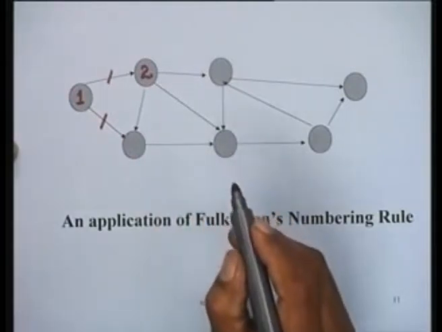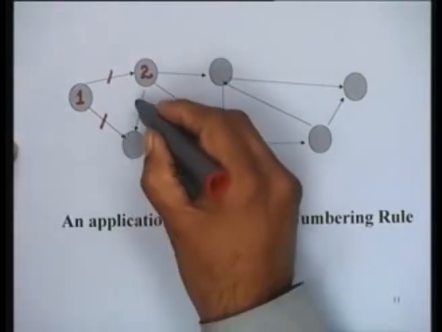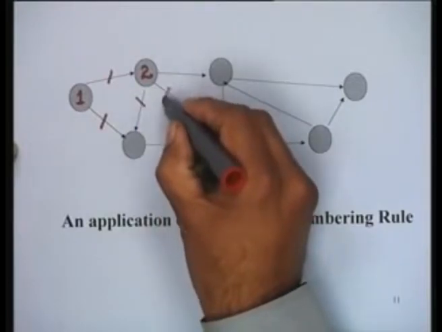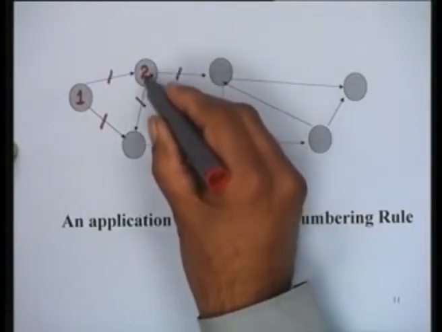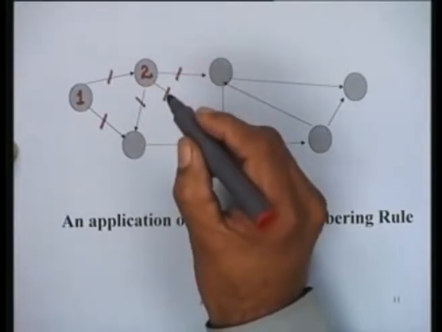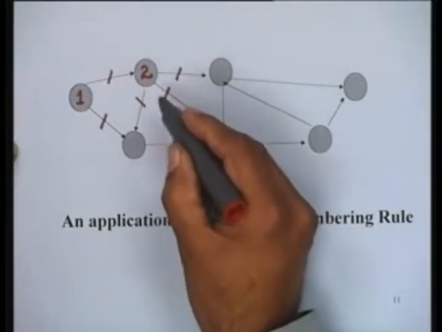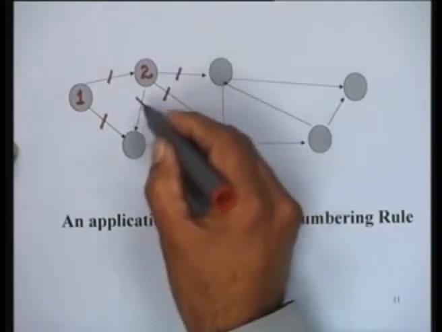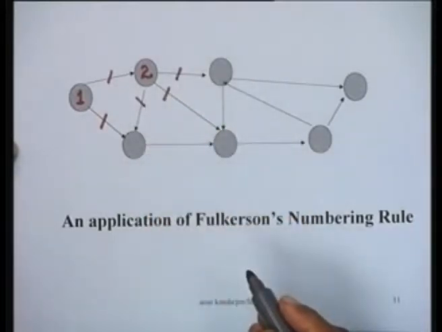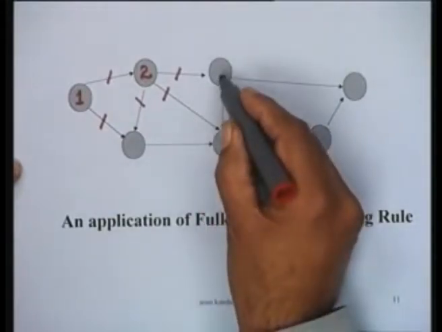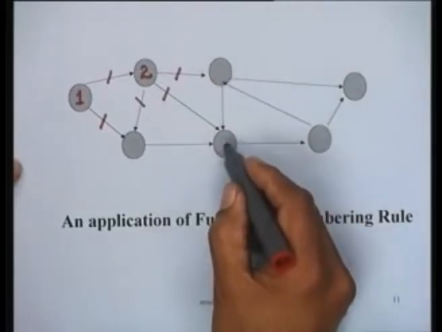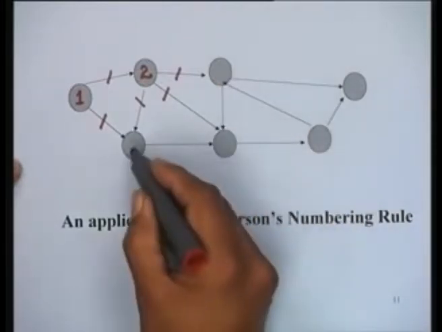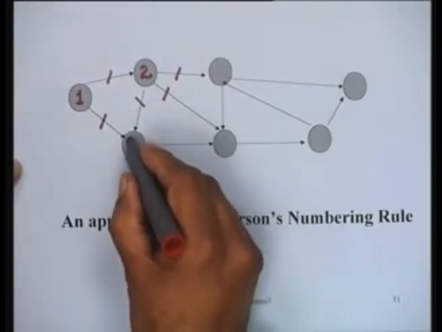And once I number this node as node number 2, I can, by the same process, delete these 3 arcs which emanate from node number 2. Once I do that, I try to identify if there are any new sources generated. This node is not a source because it has arcs coming in and going out, but this one is a source. So I can number this as node 3,